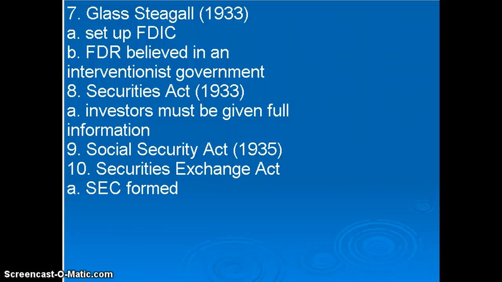Alright, so as you can see, these are all kind of Depression-era programs if you look at the dates, the 1930s. So the Securities Act essentially was to combat the stock market crash, and it basically said that investors had to be given full information about the stocks that they were purchasing. This is much of the reason why stock companies today send home newsletters to people who own stock to let them know what has happened in the stock. There's still ways around these rules, but the idea is that people with more information make better decisions. It doesn't always work out that way, but that's the theory.